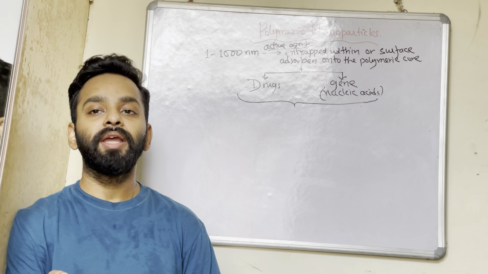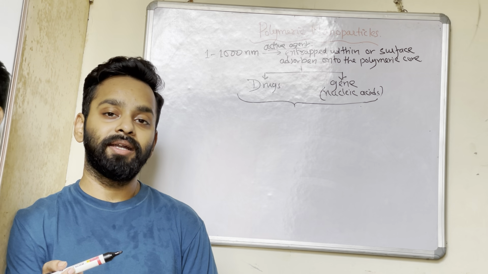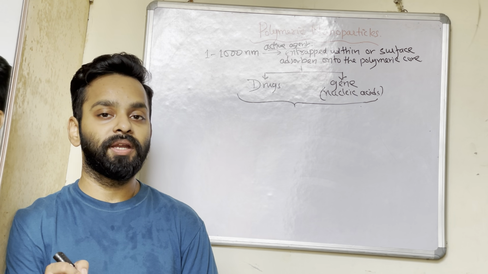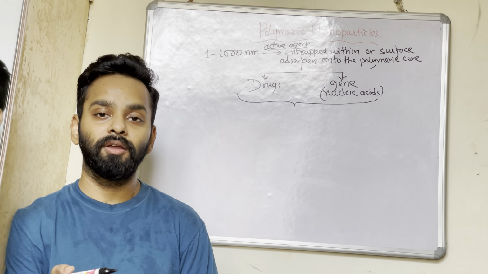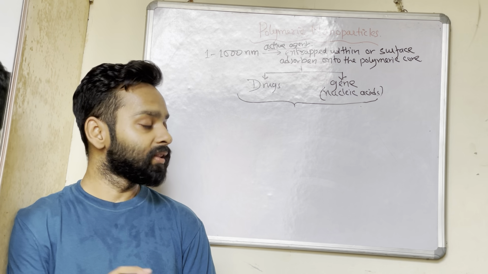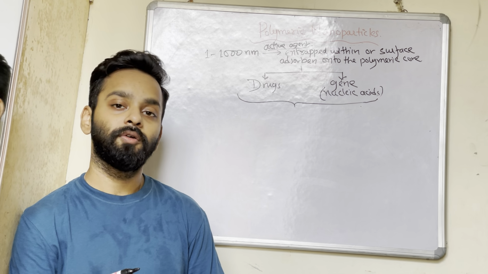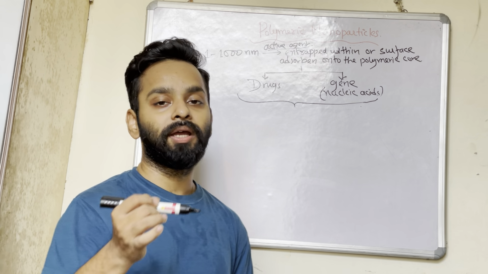So, if we are trying to fabricate a delivery system consisting of polymeric nanoparticles with drugs for the treatment of a specific type of cancer, we can coat the surface of the polymeric chain with specific antibodies which can be selectively targeted to that particular cancer